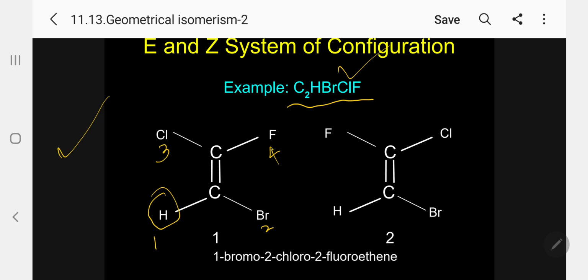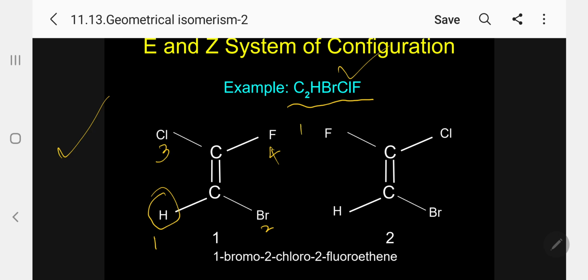Any compound example is given for here, otherwise you will be getting confused. My dear students, whenever this type of question is asked, follow this system. What system? The fourth priority, hydrogen, you write on the left side. The second priority, alphabetical order IUPAC name, write second, third and fourth.